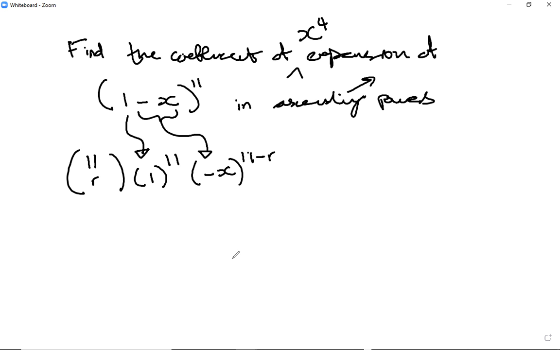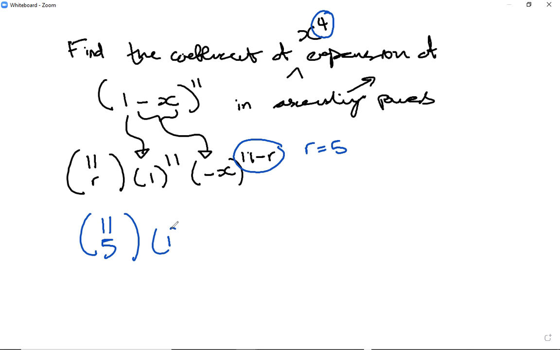Now, if I want to find the coefficient of the power, which is x to the power of 4, that means I need this to become a 4. I need R to become a 5. So therefore, the answer will be